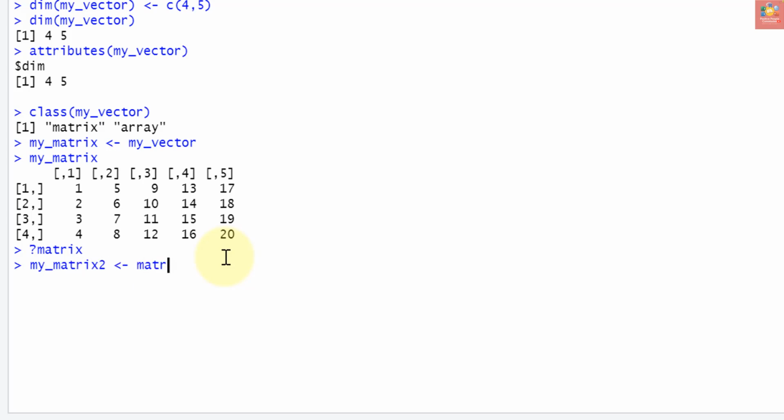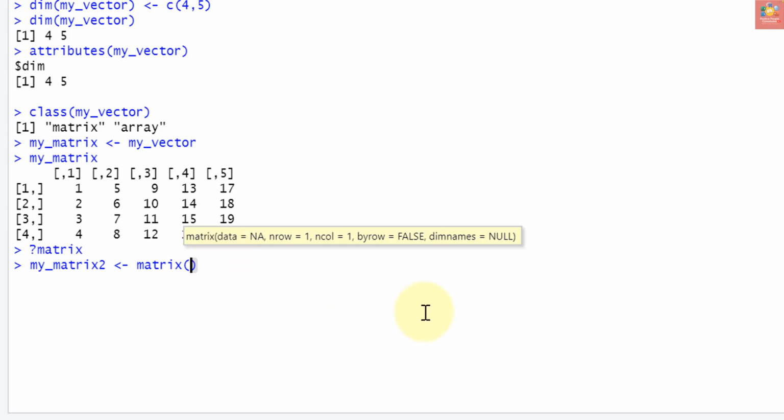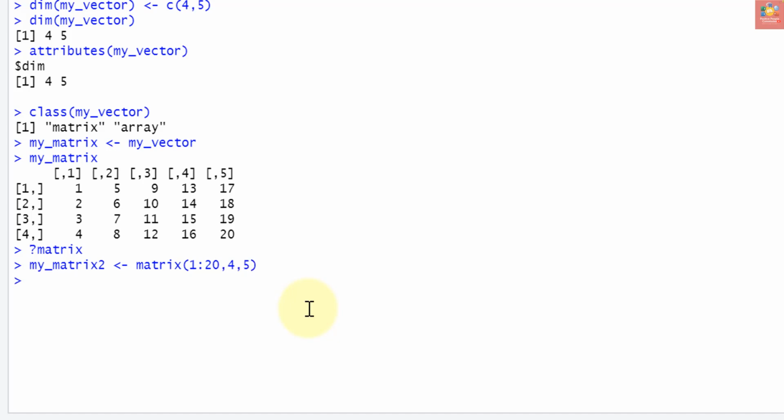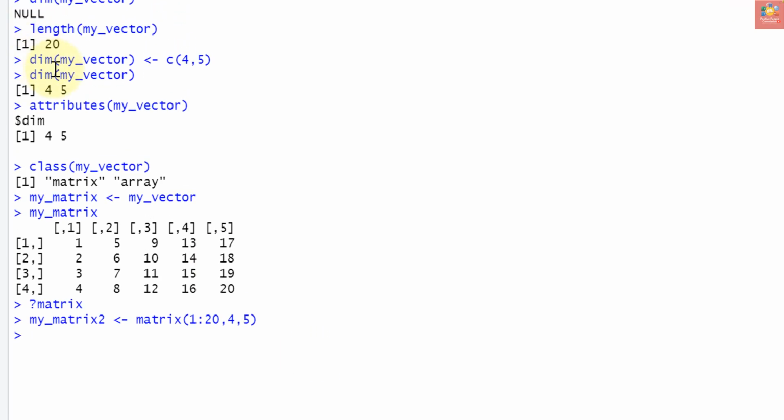Now let's create a matrix of 1:20, and you can see the second argument is the number of rows, and the third argument is the number of columns. By default it is 1 by 1, but if we specify, there will be 4 rows and 5 columns.